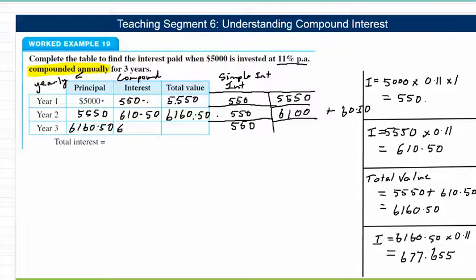So I'll put that in there, 6,777.66. I'll round to the nearest cent. And now I'll just add to that 6,160.5. We end up with 6,838.16. If we did that using the simple interest approach over here,